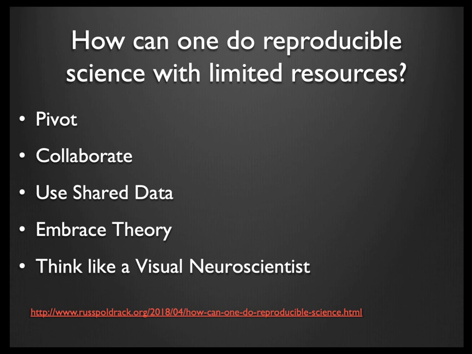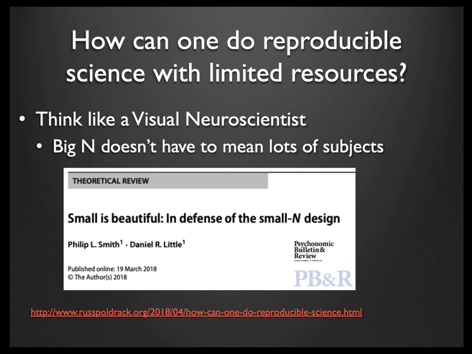We touched on this before. Think like a visual neuroscientist. Big N doesn't have to mean people. You need to get your study powered, but that can mean that you do 100 trials on yourself and your graduate student. Harder to do in the NIMH, but you can get a small sample size and you can characterize them very, very well. Slightly modifies the claims that you can make, might slightly modify the journals that you can get into, but like I said, visual neuroscientists have been doing this for 100 years, and we've learned a great deal about that. I mean, we don't understand the brain, but the visual system is definitely getting closer than the rest of it. They've made a lot of progress with this approach.